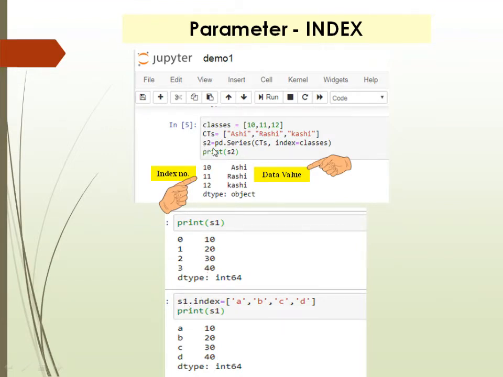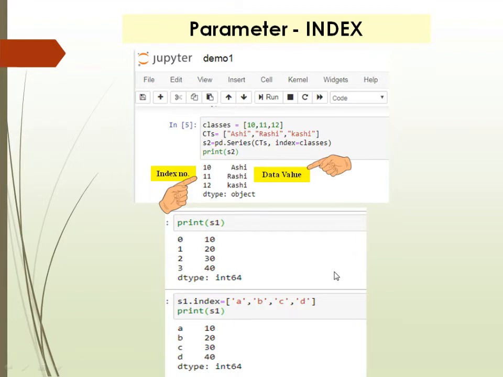While creating S2 we use the index parameter like this. Now I want to change S1, so I'll use S1.index equals A, B, C, D. Print S1, then you will see the new indices A, B, C and D.